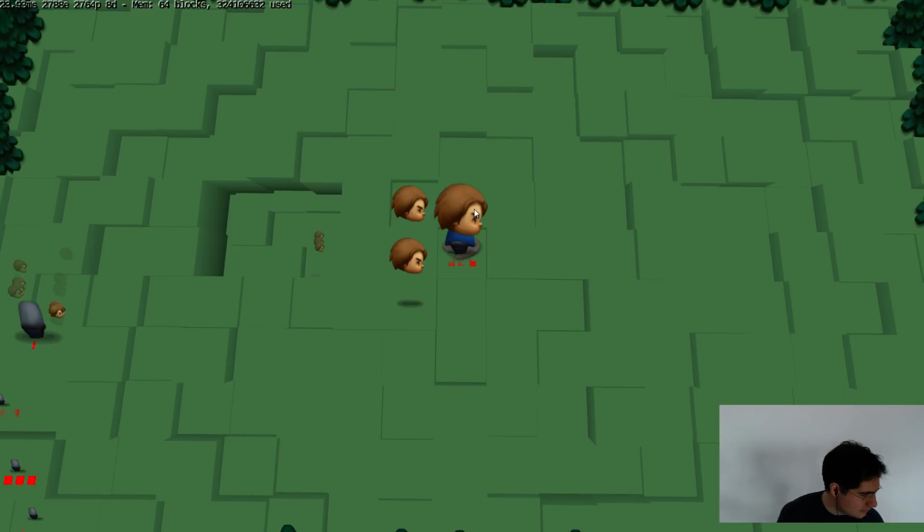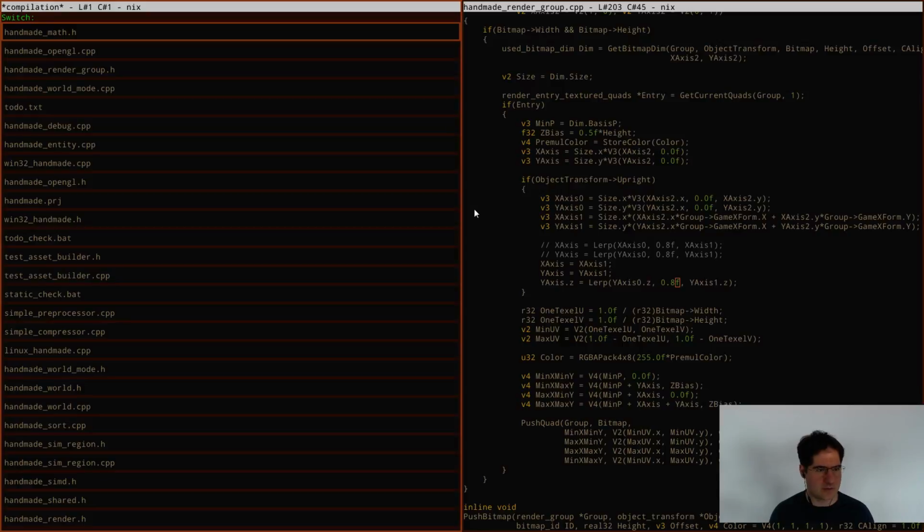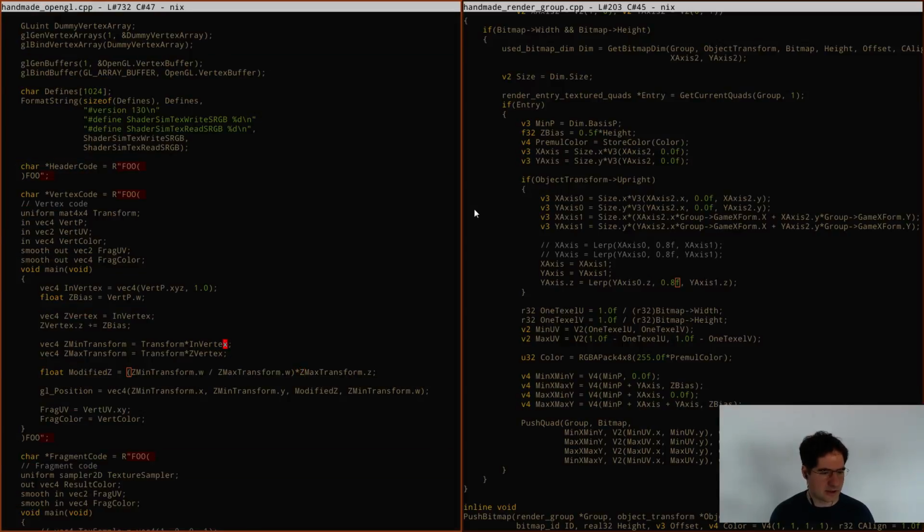Hedge1993 asks, what is Z transform? Are you talking about in the OpenGL layer? Are you talking about this here, or are you talking about like the min-max transform? That's the only thing I know of that would fall under the name Z transform. In this case, what's happening, this is the vertex transform code. So all the vertices that come down for all of the sprites in the game pass through this piece of code. And what's happening here is, normally what you would see in just a vanilla shader is